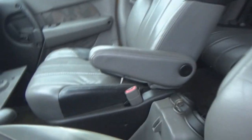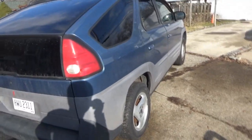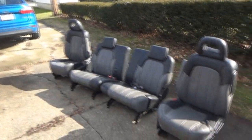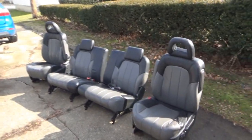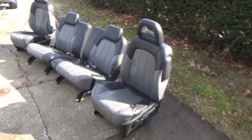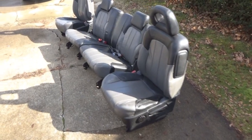Now, I usually wouldn't consider buying a seat out of a junkyard carcass, only because the car is usually picked over pretty good, and windows are out, doors are open. But when I came across this Aztek, for one, it really looked like it may not have been there that long. The dash was torn apart a little bit, but there wasn't a whole lot taken from it. So it was actually closed up when I found it. The windows weren't down, all the doors were closed,